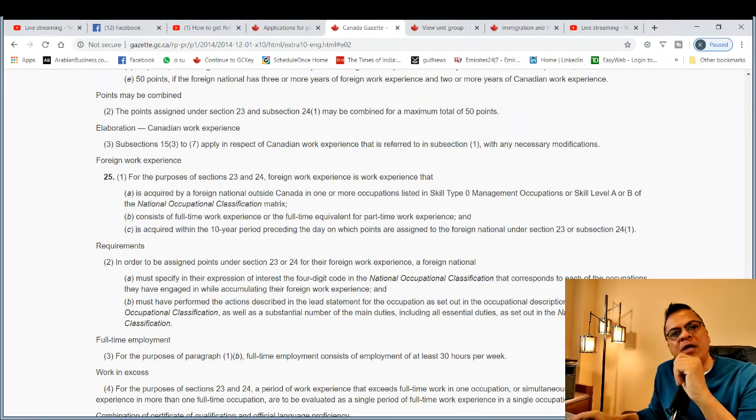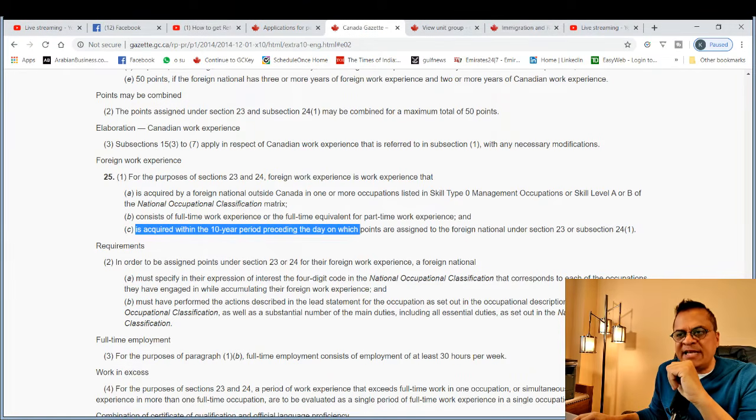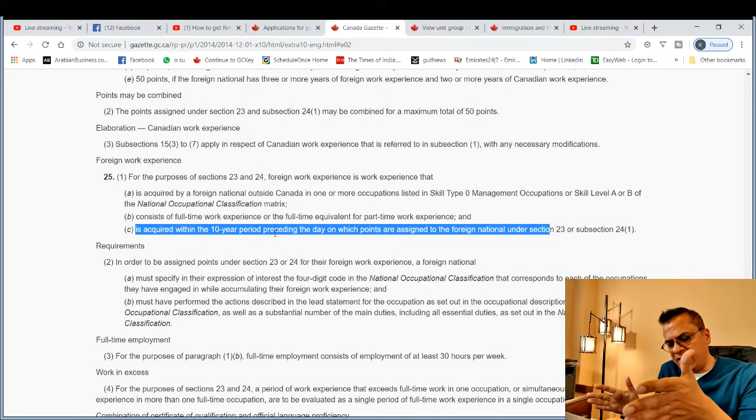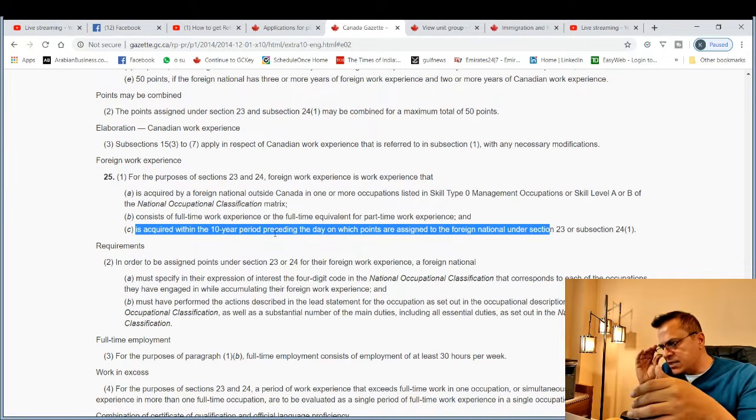Now it further says it is acquired within the 10-year period preceding the day on which the points are assigned, etc. This again means that your work experience is valid if you worked within the last 10 years, which basically means, since now we are in 2020 February, if you have work experience from say